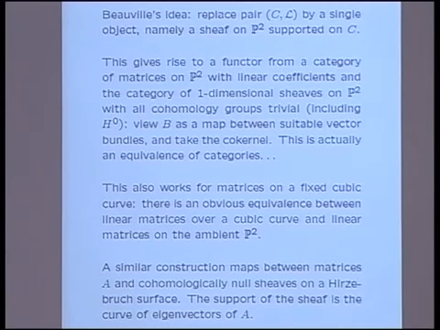But what you can do is, rather than think of a pair of objects, a curve in the plane and a line bundle on the curve, you can actually just talk about one object, which is a sheaf on the projective plane supported on that curve. In the case of a smooth curve, this is exactly the same. There's no difference there. In the case of a singular curve, you start picking up a difference, and this turns out to be the right thing.